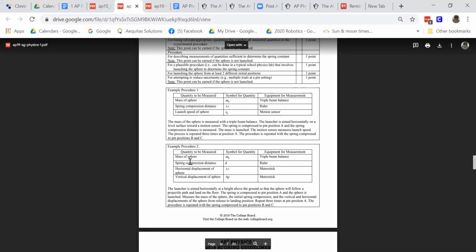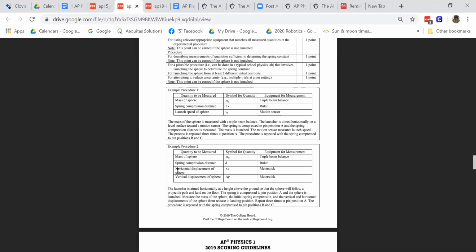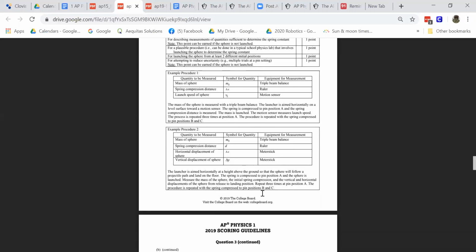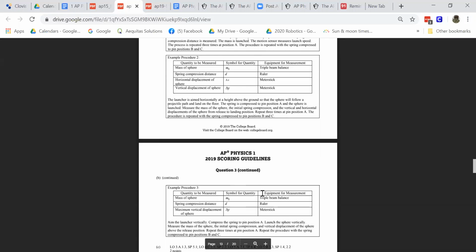But mass of the sphere, spring compression distance, horizontal displacement of sphere. Remember, that's what we did. Of course, I called that D, so that's all right. Vertical displacement of sphere, delta Y. So this is kind of the experiment I would have had you do in my class without a motion detector and all that. But it really helps if you draw a little